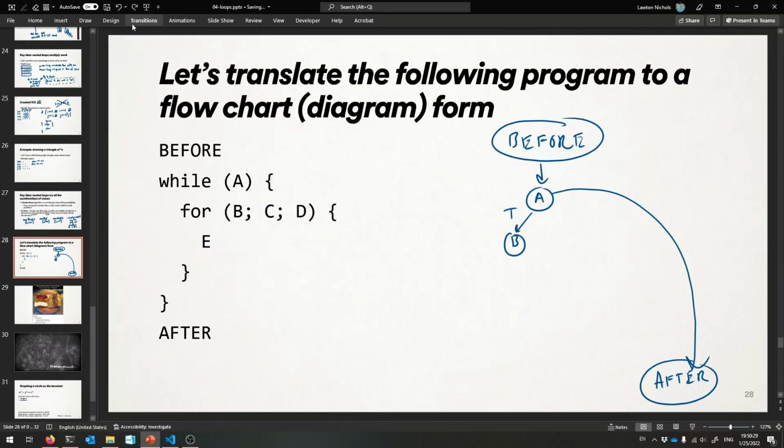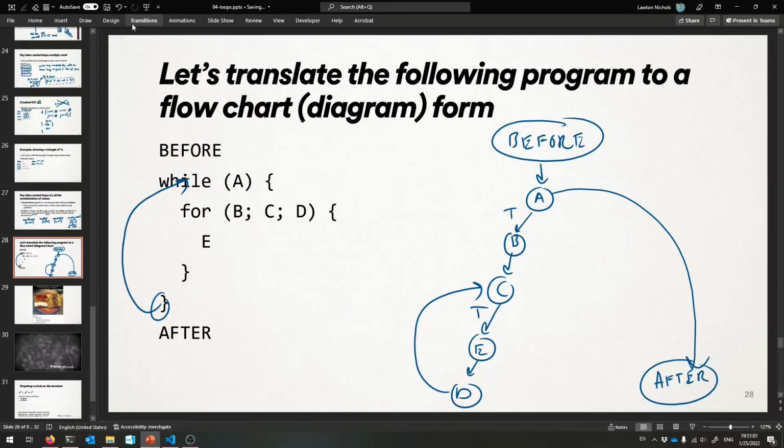So then we first check C, that's the condition. Then if it's true, we are going to execute the body of that loop, E, and then the increment statement, D, always happens after it before we go and check the condition again. So that's D, back to the condition. Okay, so we'll repeat that just like that if it's always true. And then eventually C might become false, in which case we are done with the inner loop,